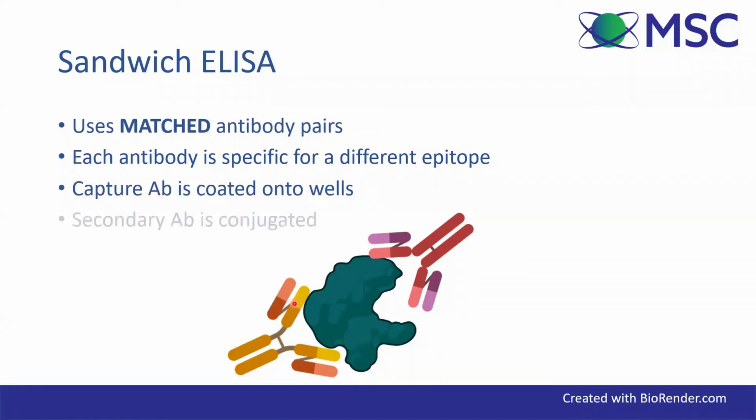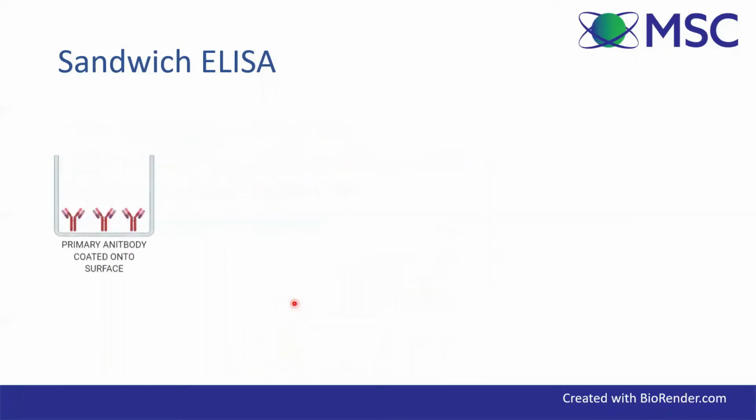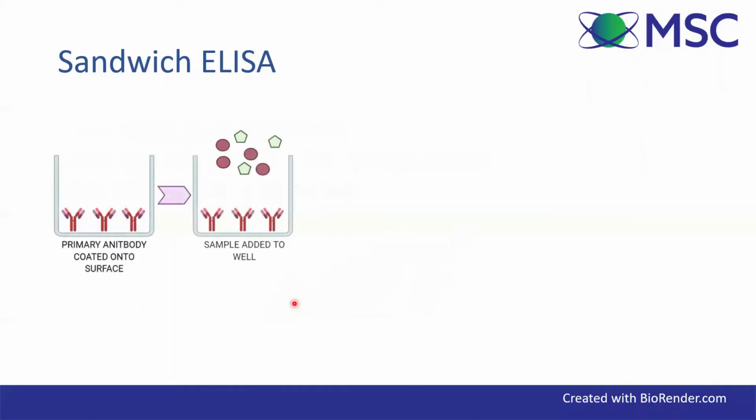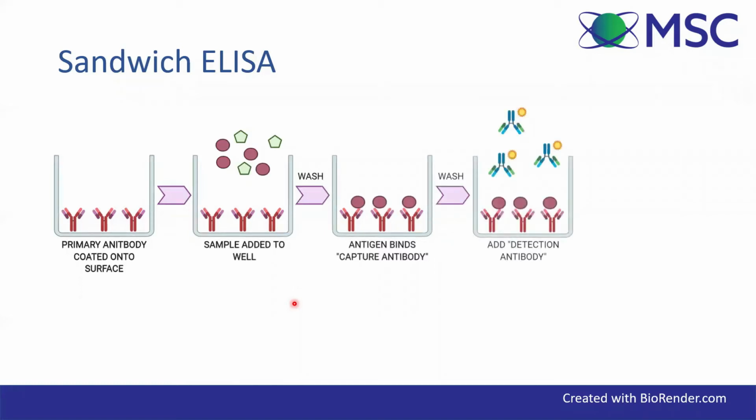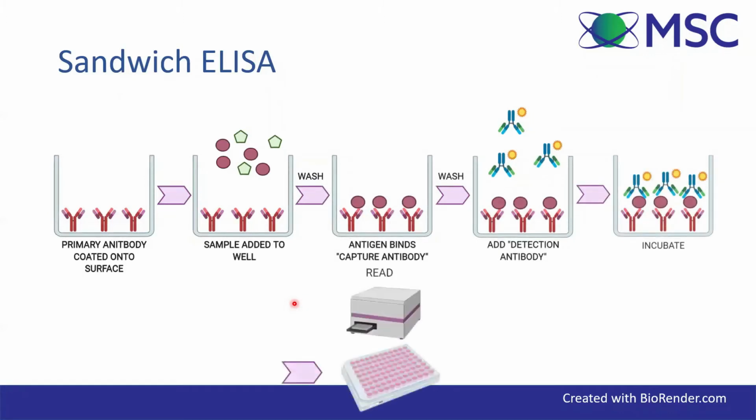Your capture antibody is coated onto the wells, and it's your secondary antibody or detection antibody that is conjugated. So, like I said before, you've got your primary antibody coated onto your surface. You've got your mixed sample, so you add this to your well. Your antigen will bind to your capture antibody, and you can wash away anything that's non-specific. You would then add your detection antibody, so this is your secondary antibody, incubate with substrate, and then you can